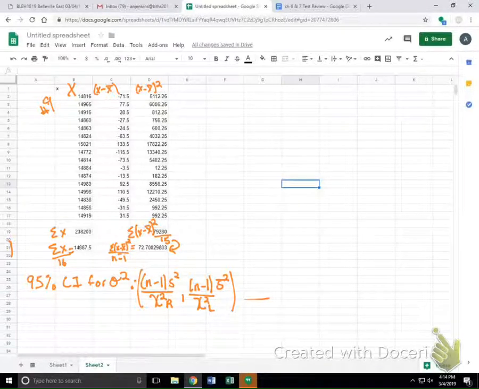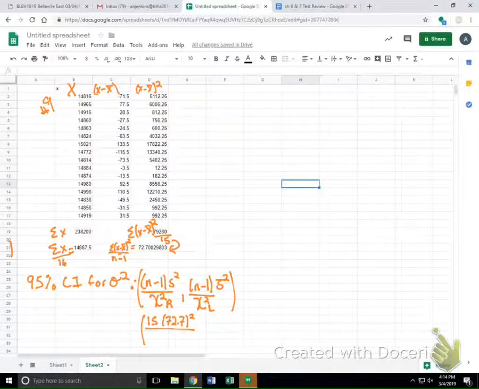Okay, now when you put your information in, I'm going to try my best to stay where you guys can read it. You have n minus 1, which is 15, times my S, which is what we just calculated, and I have it as 72.7 squared, all over